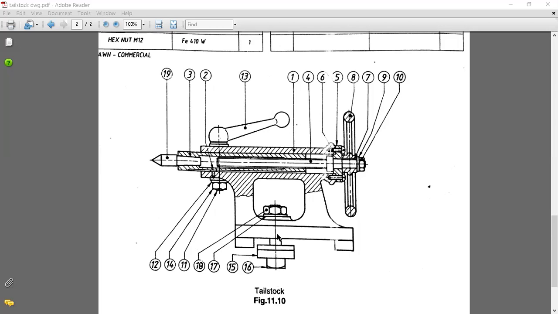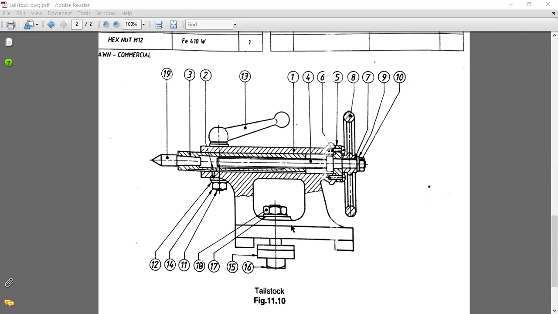This tailstock will be mounted on the bed of a lathe. So from the bottom we have to fix this clamping plate in the guideways. Then from the top we are going to tighten this. Then this body will be fixed on the guideways. By moving the hand wheel we can get the movement of this barrel by rotating it in a clockwise or anti-clockwise direction. So by observing all these dimensions you need to complete here.